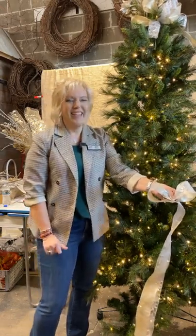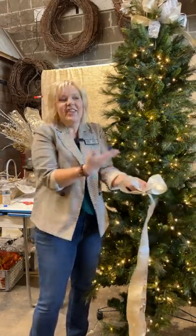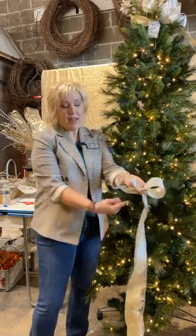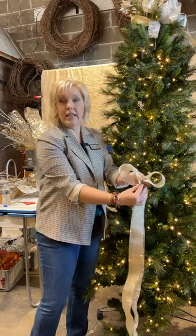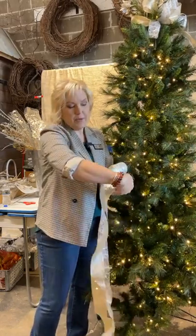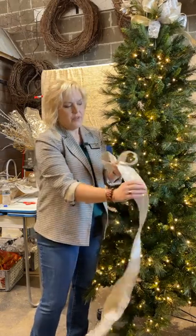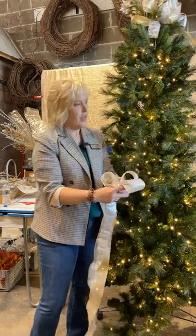Nobody? Somebody? You get the idea. I mean, the basic premise is, in order to build the loops back and forth and keep the right side of the ribbon up, you have to keep flipping it over. You can flip it away from you, you can flip it towards you, but you do have to get it flipped over there and ready to go with your next